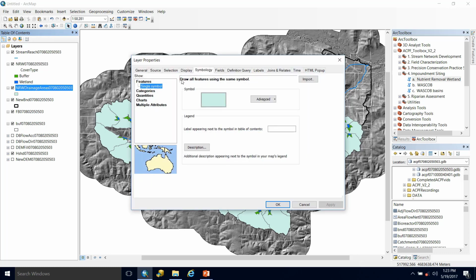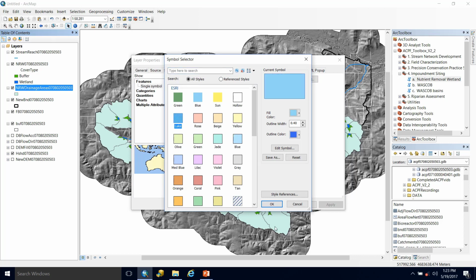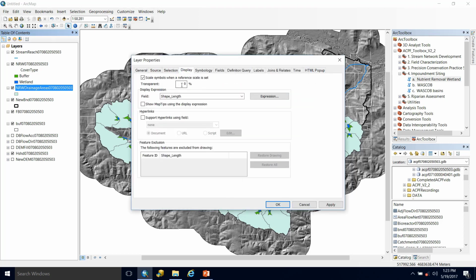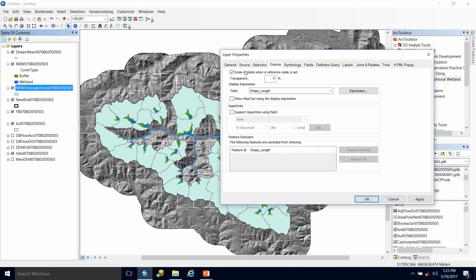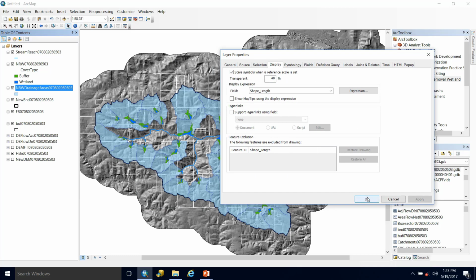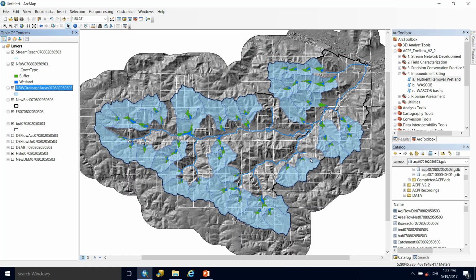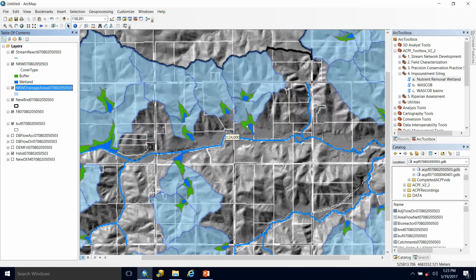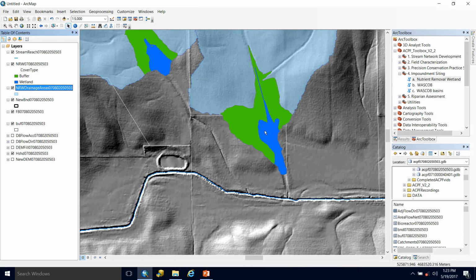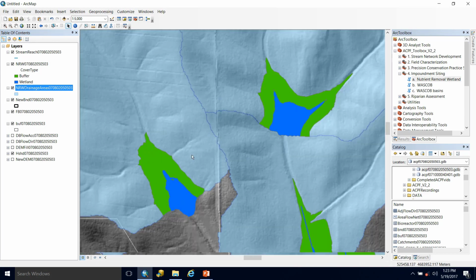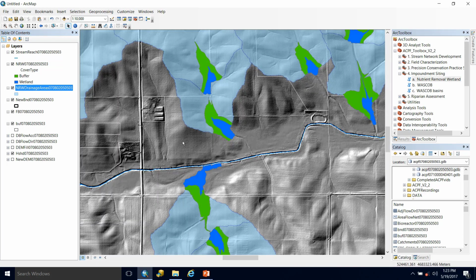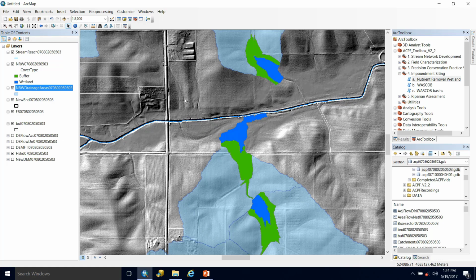And then I'm also going to go into my drainage area and re-symbolize this. I'm also going to change the transparency. So you can see they take up quite a bit of space, so I would like to be able to see what's behind them. We'll hit apply, okay. And now we get an idea of what portion of the wetland is an actual pool, which portion is a buffer. So yeah, you get an idea of the actual structure of the wetland that would be built here.